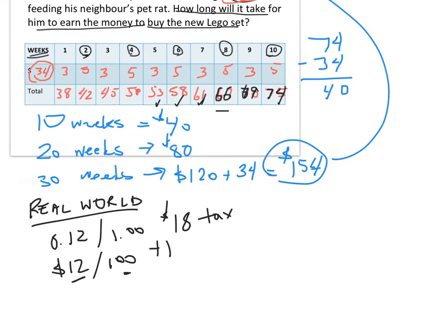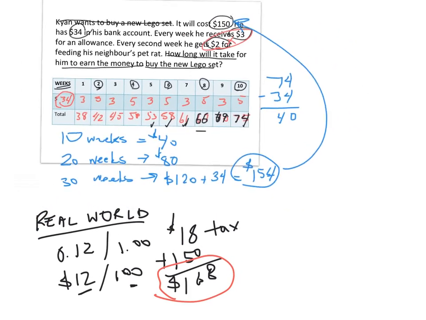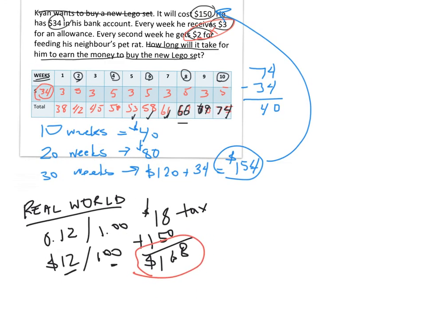added to my $150. 8 plus 0 in the ones is 8. 10 plus 5 is 60. And 168. So my total is actually going to be $168 if I make the assumption that tax has not been included. Now, Lindsay Kim was pretty smart about this earlier today, and she said, well, Mr. Wolders, what if we assume that the $150 is the total with all the tax? That makes sense, and I would maybe want to explain that in my answer just so that my math teacher knows that I'm thinking beyond the problem, that I'm considering a possible extension or a possible extra idea,